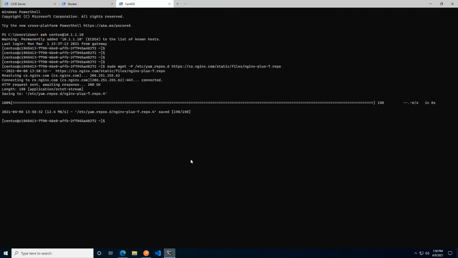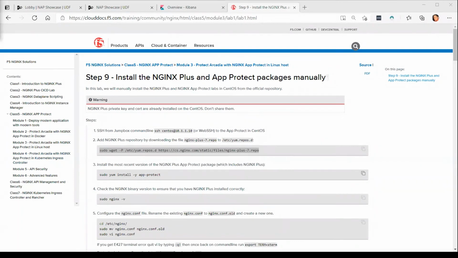All is good. Then the next step for us, a couple of things just to note before we go through to the next step. We would have already populated this CentOS machine with the certificate and the key, so that's already in place. Otherwise, you would have to do that yourself, but it's just two normal files, 2 text files that need to be put into a directory. So on the basis of us having pre-populated that, we can go to the next step of the lab guide directly and simply run the install of App Protect with the -y to just enforce yes for any queries.